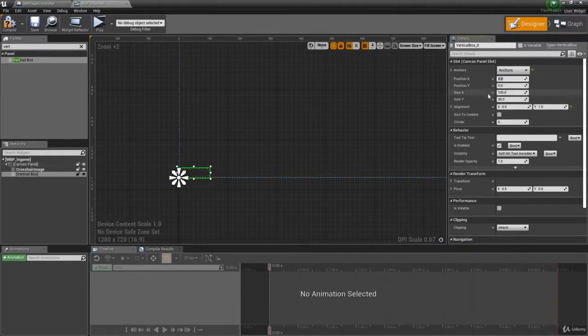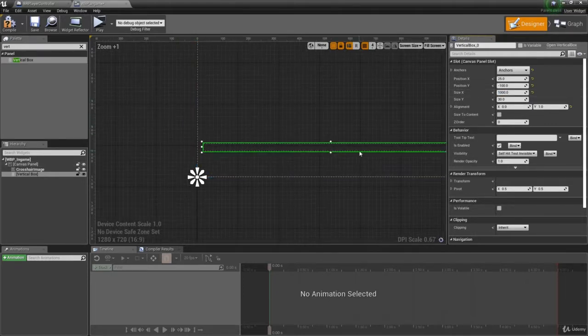And now what we're going to do is set the position to be 25 on the X, and we'll go with, say, negative 100 on the Y. And for the size, we'll do something like 1000 wide. And we won't worry about